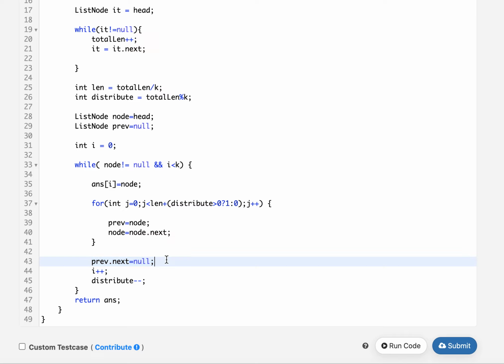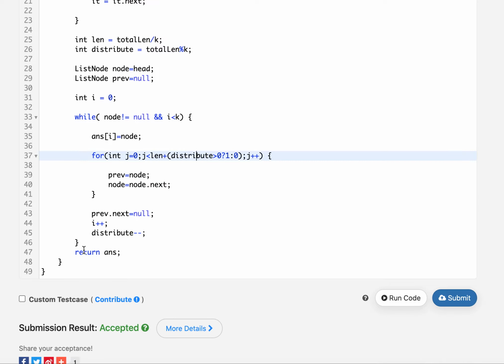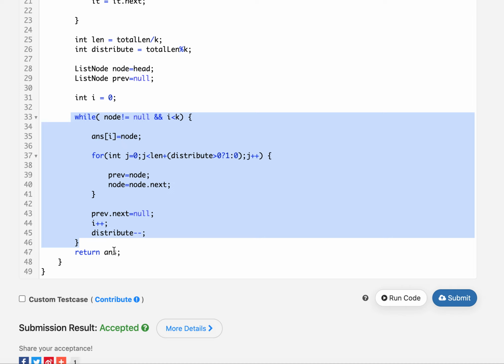Once I have assigned previous.next to null, I increment the value of i for updating the counter of how many splits I have made so far. I reduce the distribute value appropriately because I have allocated the distribute variable to one of the nodes if this value was greater than 0. And once I'm done with this loop, I simply return the ans variable.